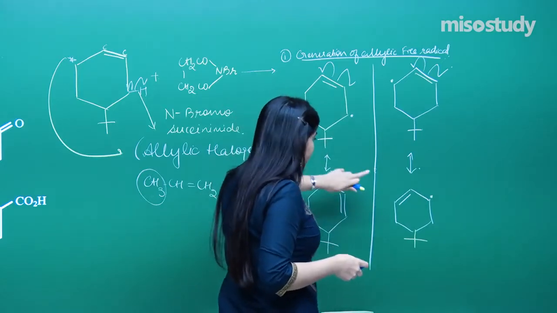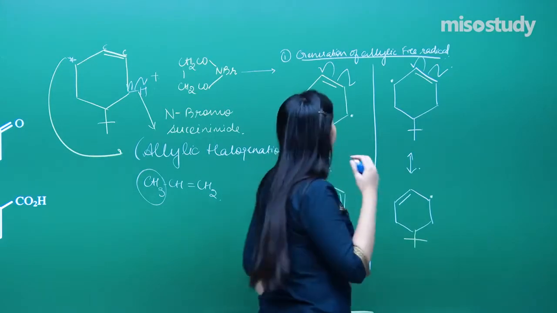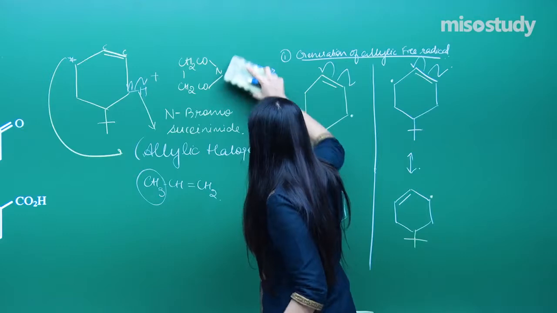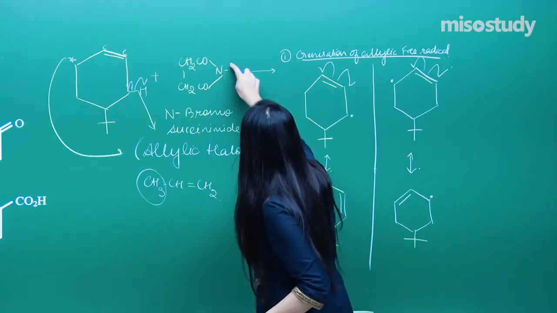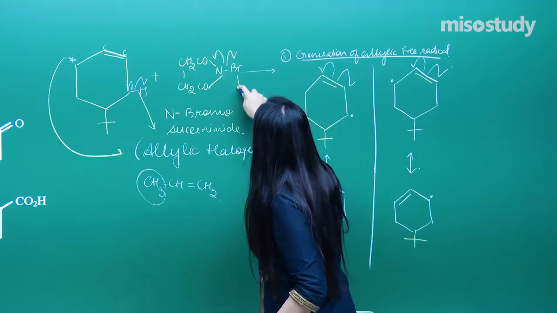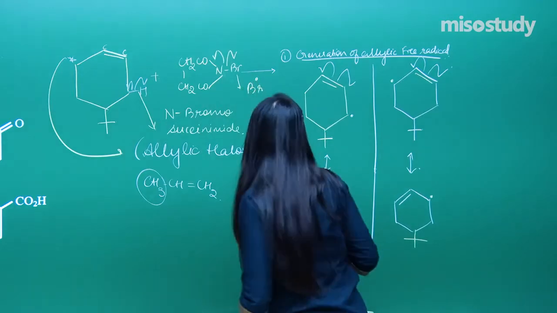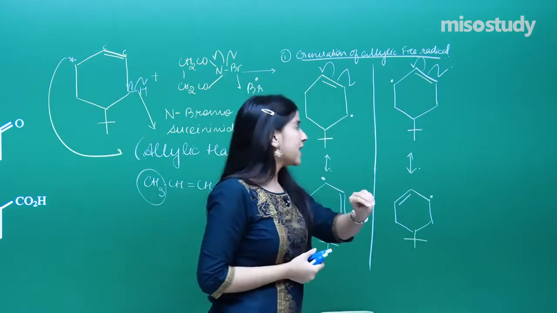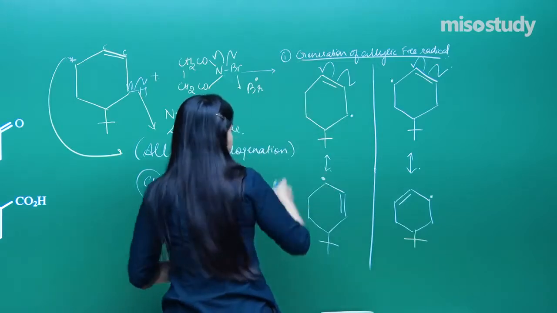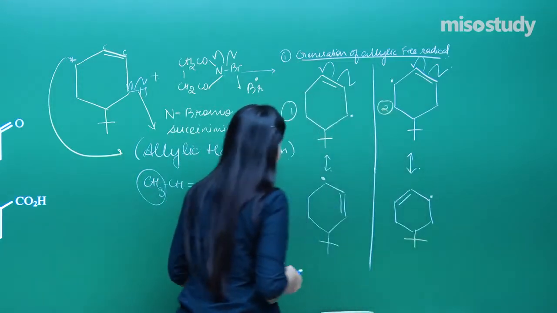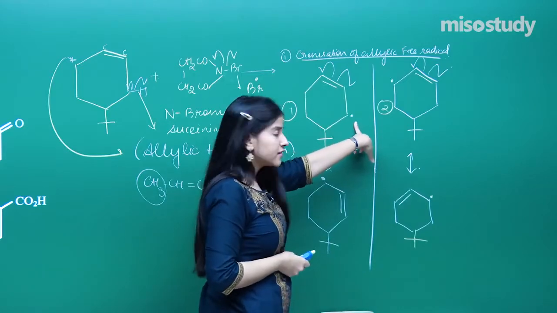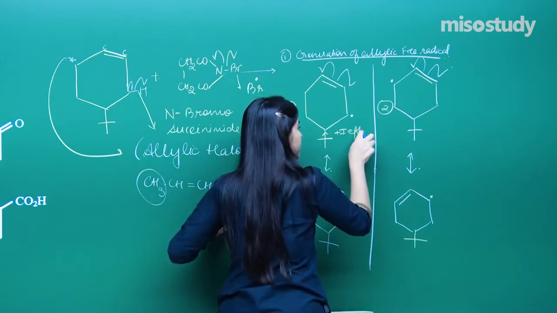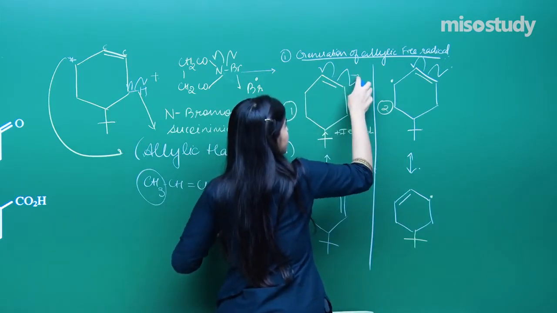Now I need to attach the bromines. So where the bromine will get attached? So if you observe this N-bromosuccinimide, I can have a free radical over here as well. That means I get a Br free radical which will get attached on either of the two. So the point is where I need to attach it. So if you observe this very case, number 1 case, number 2 case. If I generate the radical over here, you can see there is a donating group, that means plus I effect of this group, as well as there is the resonance.